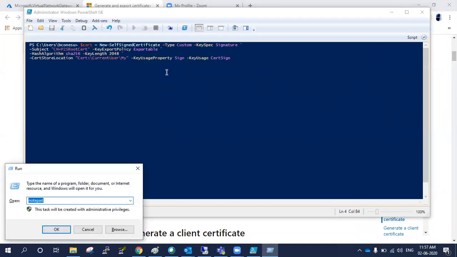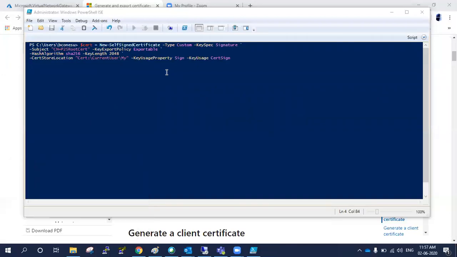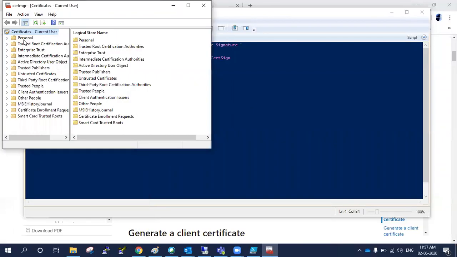Also, I will delete the previous certificates which I had added. For certificates, I need to press Windows R. The run prompt will open, and in the run prompt you enter certmgr.msc.